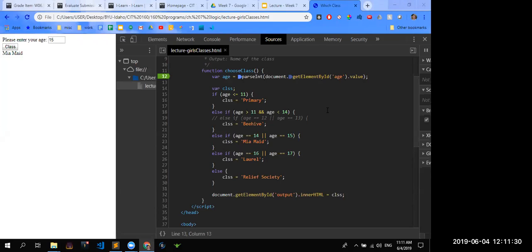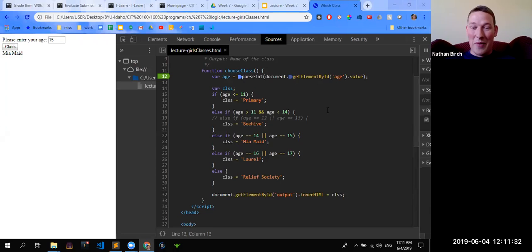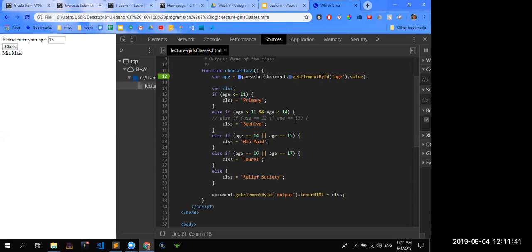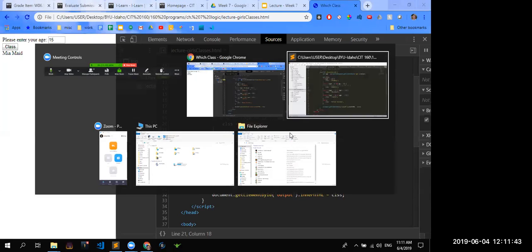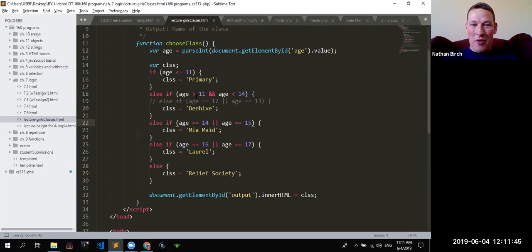Does that make sense? Yep. You're totally right, and we could definitely do that. The reason I did it like this was because I was showing you guys these logical operators. Okay. So what Garrett was asking, if I come over to my code right here, so we